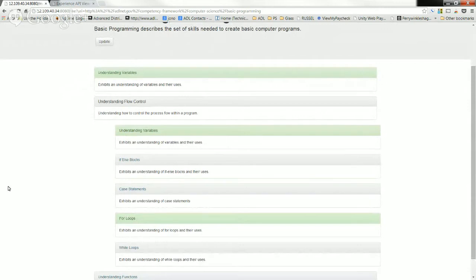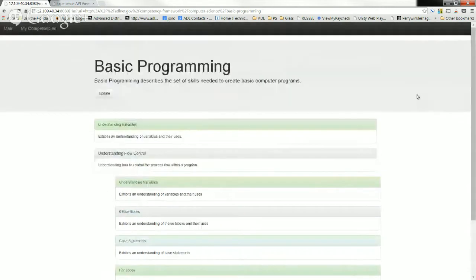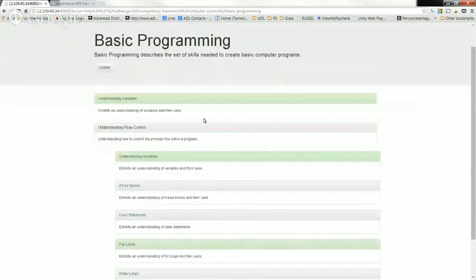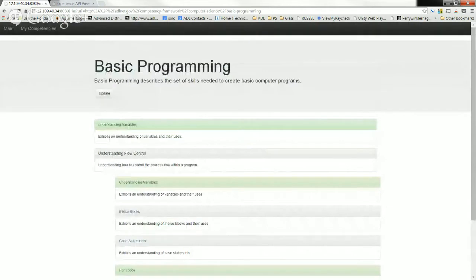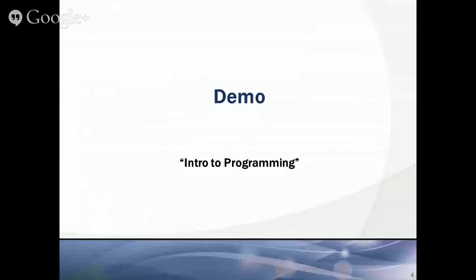Okay, Tom. So what you saw there, in some ways you have to look past the interface because all of this information is dynamic. The table of contents you're seeing on the screen is being pulled from a ubiquitous competency network. There's no local database that's saying these things are passed. This is an evaluation of Experience API statements in an external LRS. So it's really a system of services that's providing this information. So that was phase one, and I'm going to go back to the presentation here just briefly.